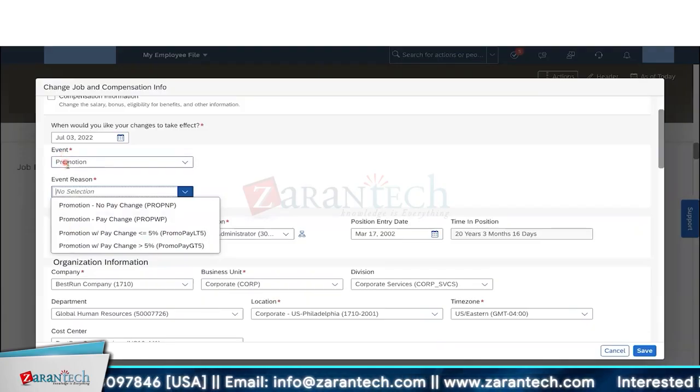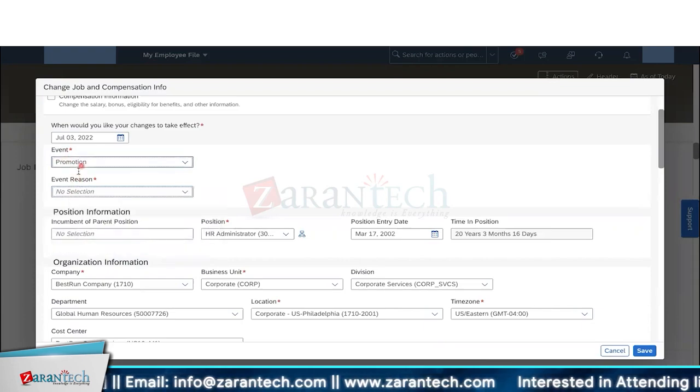For a promotion, types of promotions. For a transfer, types of transfers. Like that, we can have the events and event reasons. So the advantage of it is, tomorrow if you want to take out a report on the entire transactions, the entire life cycle of events that has occurred at the employee record level, just by depending on the event and event reason fields, we will be able to understand what changes have happened in the last 15 years